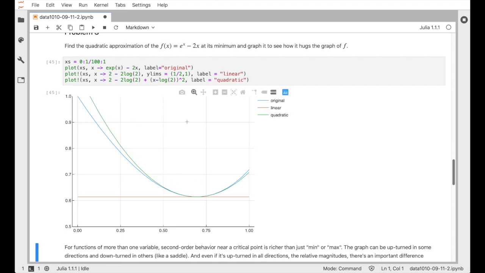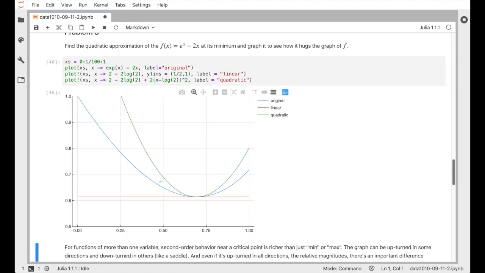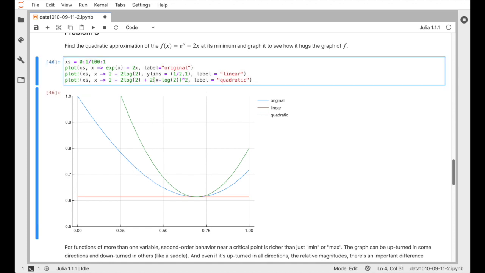So actually that does a decent job. So maybe 1 is the correct value here. If you use an incorrect value, then you'll see that it doesn't match up with the blue curve as well. So we need to figure out what value goes here. And to do that, we differentiate the function f twice and then plug in the base point. And when we differentiate twice, we get e to the x, and then we plug in the base point of log 2 and we get 2. So 2 goes here. But then also there's a factor of a half